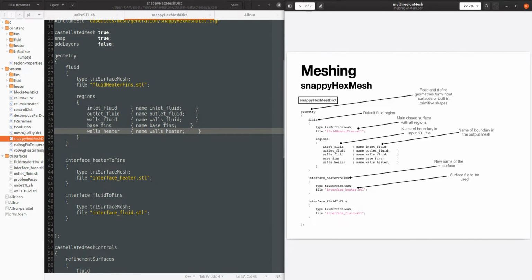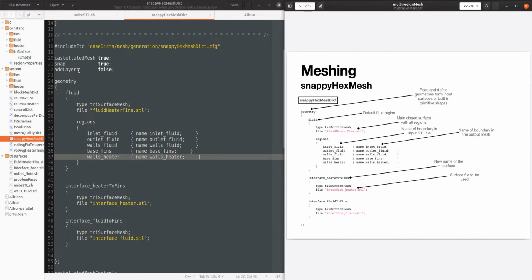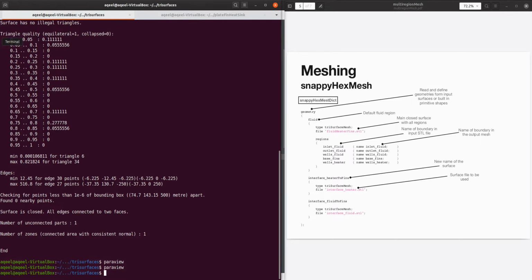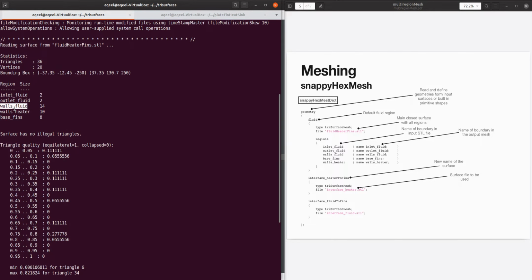So first, in the geometry section, we need to define which surfaces we want to read, and if it has any regions we can rename them as well. For example, I want to keep the same names as I have in my surface file.